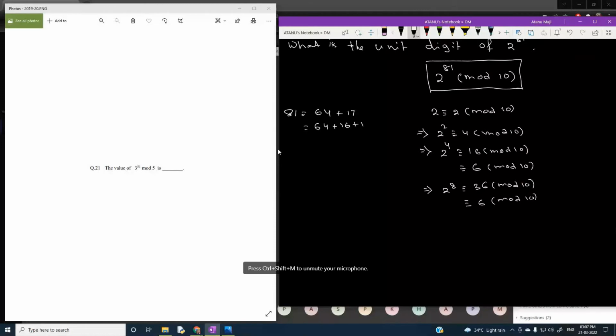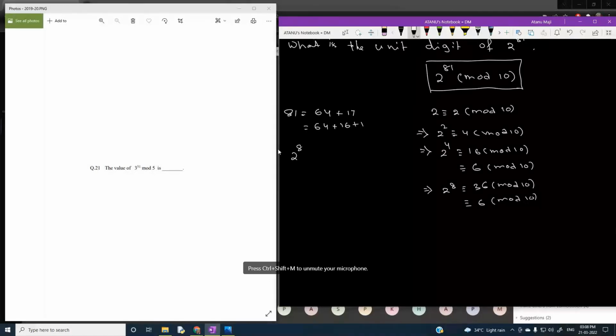क्योंकि उसके बाद जितना भी पावर होगा, like 2 to the power 16 भी लोगे वो भी 6 स्क्वायर 36 mod 10 मतलब 6, उसके बाद उसको दोबारा स्क्वायर करोगे उसमें भी 36 आएगा, उसको रिड्यूस करोगे 10 से तो वो भी 6 है। So that means after this 2 to the power 4, all the values are 6 with respect to mod 10। तो तुम चाहो तो और कैलकुलेशन करने का जरूरत नहीं है, क्योंकि पता है उसके बाद का 2 का सारा पावर 6 आएगा with respect to mod 10। तो डायरेक्टली तुम प्रॉब्लम पे आ जाओ। So we have to actually calculate 2 to the power